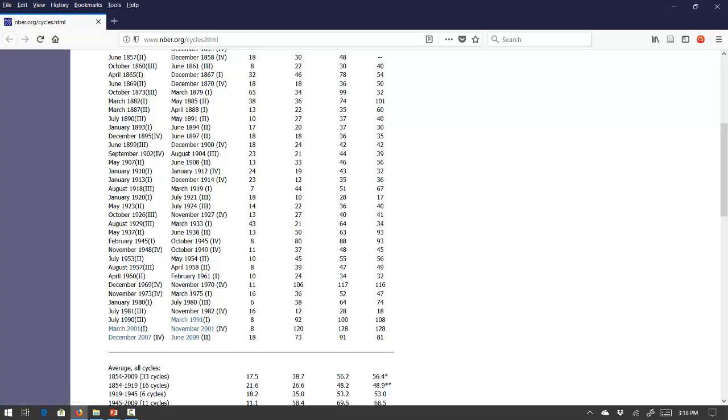And you can see there is no guarantee that a recession will happen in a certain specific time period. Nobody knows when a recession starts, and nobody knows when it's going to end. And that's why macroeconomics is very interesting, because we cannot predict or pinpoint the dates of the start and the end of recessions specifically. We can only pinpoint it after the recession has started or recession has ended.